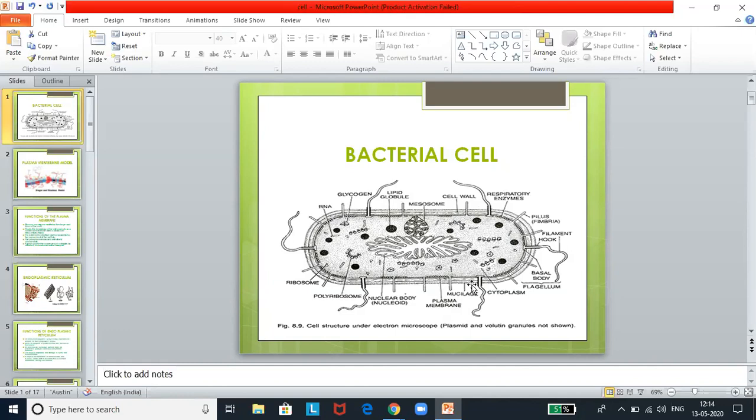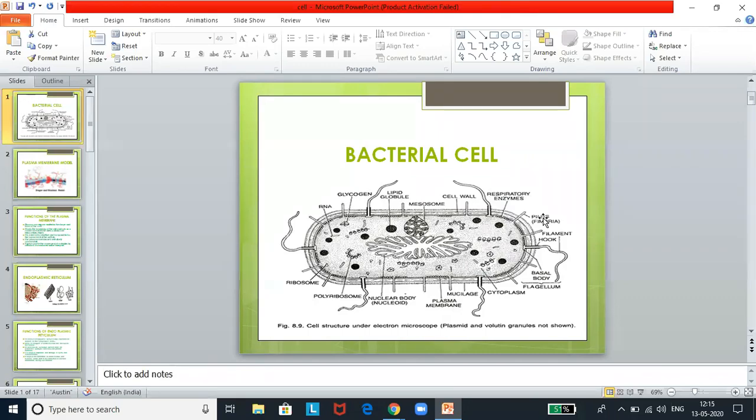Now you can also find certain structures called pili in the bacteria. This is the pilus, and the fimbriae are also found in the bacteria. Though they lack any role in motility, pili are involved during reproduction. The structure of pili is made up of a special kind of protein. Fimbriae are small bristle-like fibers sprouting out of the cell, and fimbriae help the bacteria to attach to rocks in streams and to the tissues of the host.